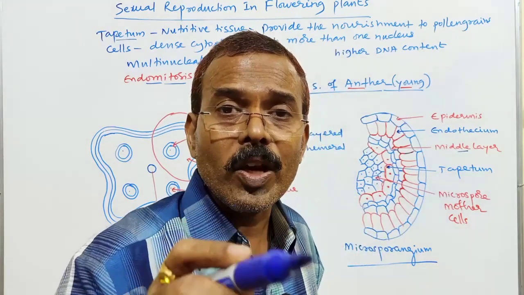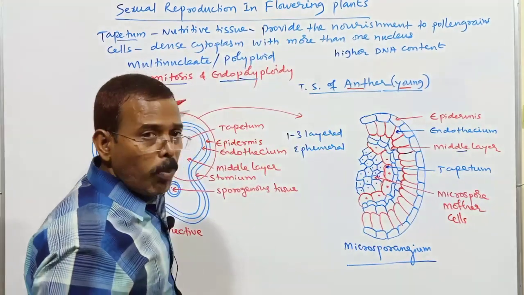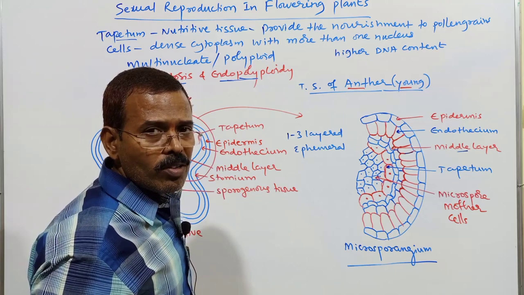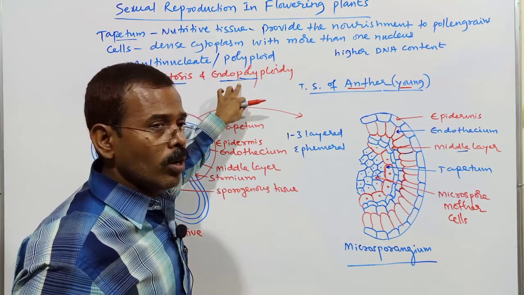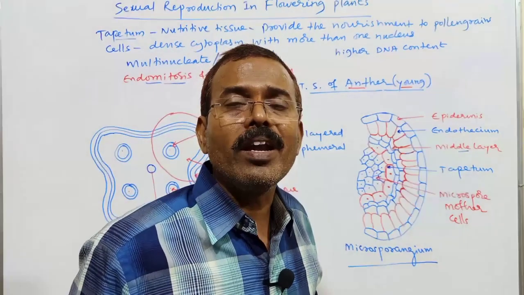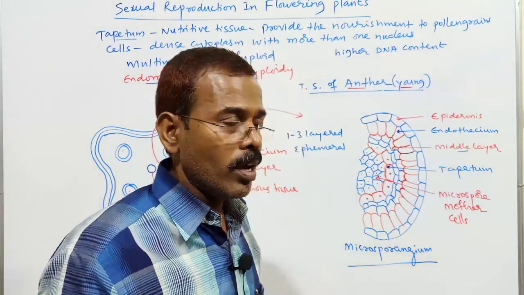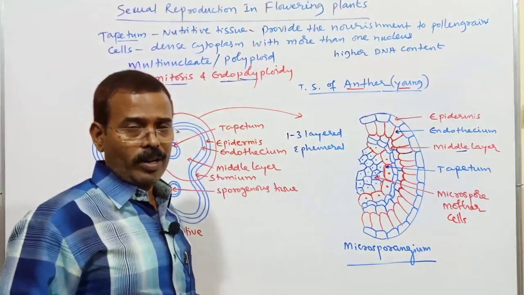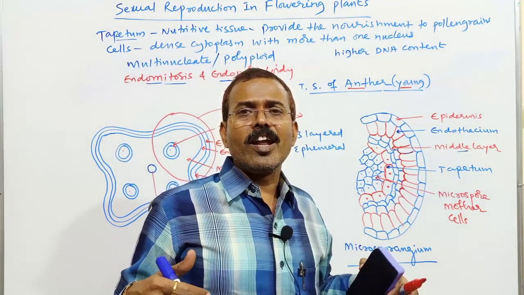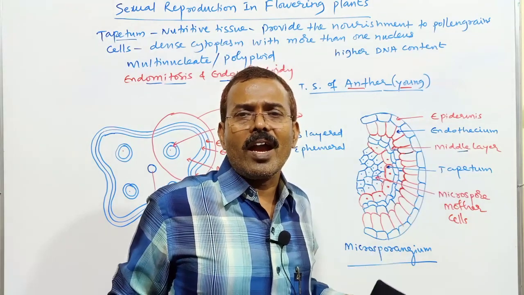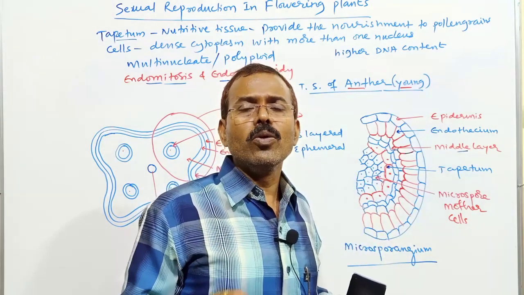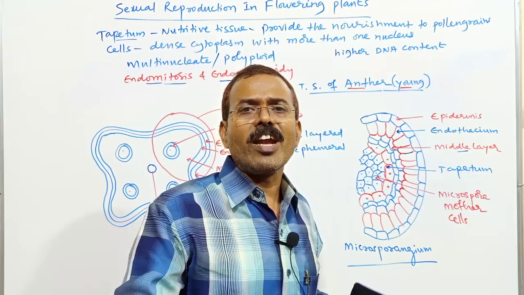Not followed by the nuclear division. So these two important processes are responsible for the multinucleated or polyploid nature of the tapetal cell, that remember. The polyploidy caused due to the replication of chromosome in a cell not followed by nuclear division is called endopolyploidy. So tapetum cells have dense cytoplasm and contain more number of nuclei, and they have high content of DNA in them. They are nutritive, providing nourishment to the pollen grain.